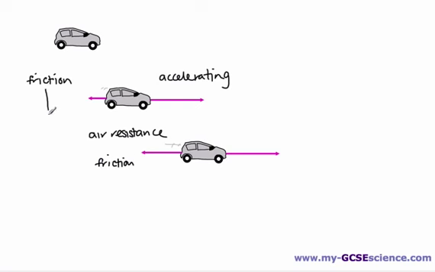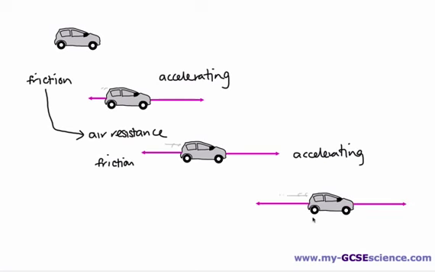They become bigger and we've got a bigger force acting in the opposite direction. But you can probably see that the forward force is still slightly larger, so the car is still accelerating. Eventually, you'll see that once the car reaches a certain speed, the forward force and the backward force are exactly the same. So the air resistance is the same as the force created by the engine to move it forward. We say the resultant force is zero,